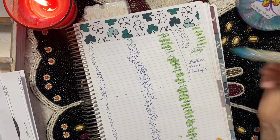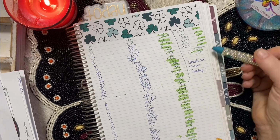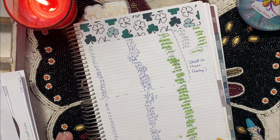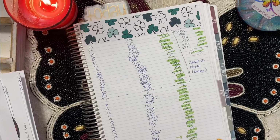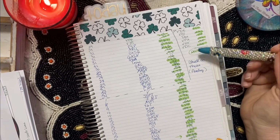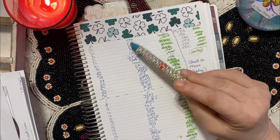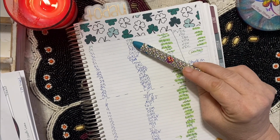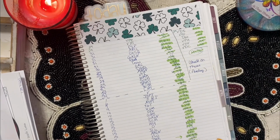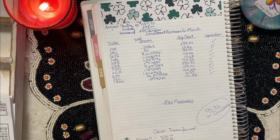My dividends, I always just reinvest into whatever is down the most. I want to get the biggest bang for my buck. I don't do the DRIP. I started out doing it, but when you're investing such little amounts as I am, for me, now I'm not a financial advisor, I am just dabbling in it and learning as I go. But I want to spend my $1.14 on where I can get the most bang for my buck. If VPU was up 20%, I'd be paying more for it than I originally did. So I want to put my $1.14 into something that's down. So I started doing it manually myself. But anyway, all those total out to,